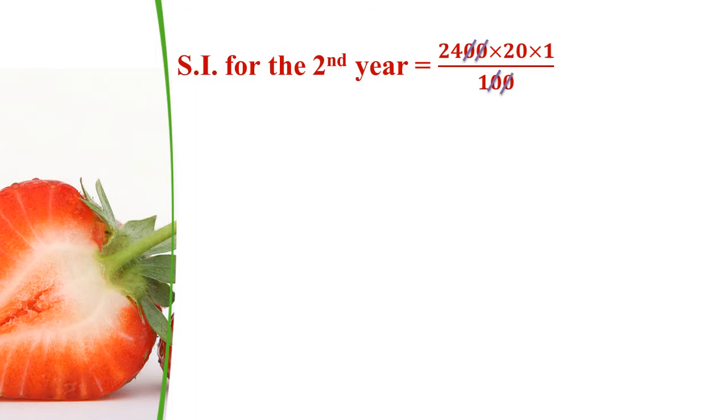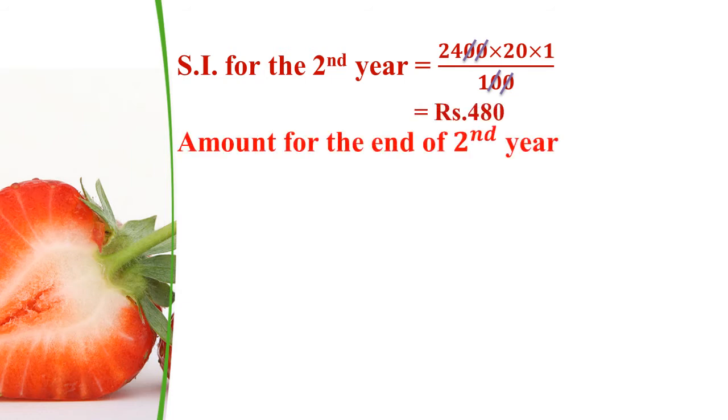Another 0 and 0 get cancelled out. So, simple interest for the second year is rupees 480. Amount at the end of second year equals rupees 2400 plus rupees 480. So, amount at the end of second year is rupees